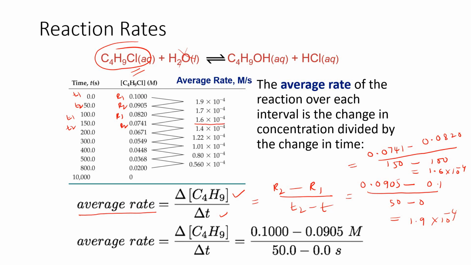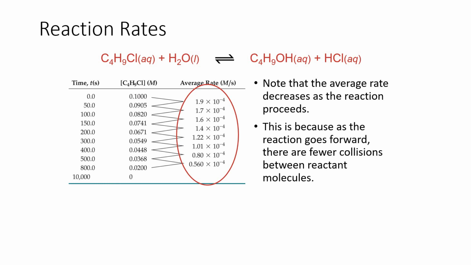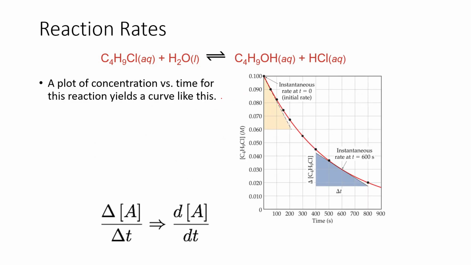Very simple it is. Now what about the instantaneous rate here? For the instantaneous rate, for the same reaction, how to calculate the rate of reaction? So again, we get a graph like this. Now at this point you are calculating the instantaneous rate here. Again, what you have to do? You have to draw a tangent line like this. After drawing the tangent line here, for this particular point, take again a triangle like this. Now this is dt. This will be the change in concentration of reactant here.